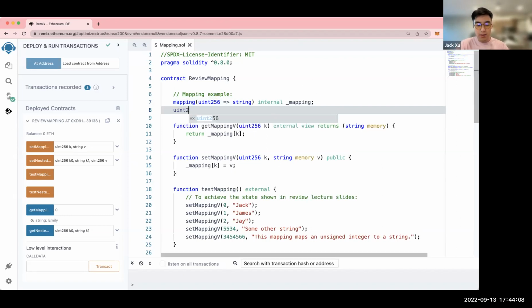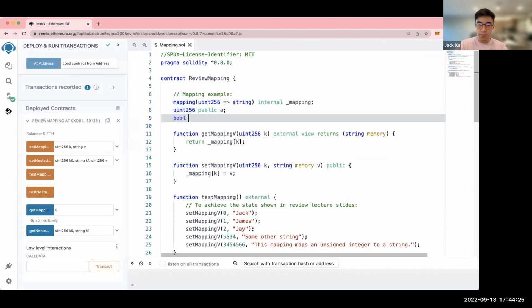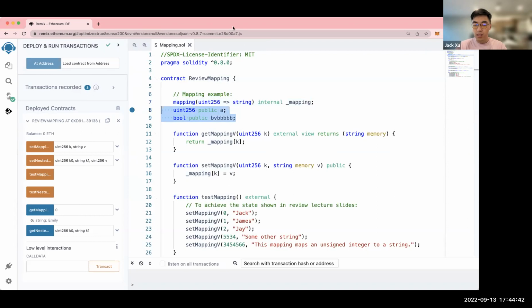So if I want a number, public, notice I never initialized this number. If I didn't initialize it, then it will just be the default value, which is 0. I can also do bool public. So you see the pattern: type, visibility, name. That's the pattern for declaring variables.